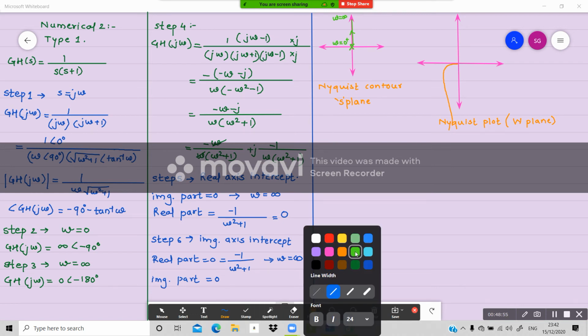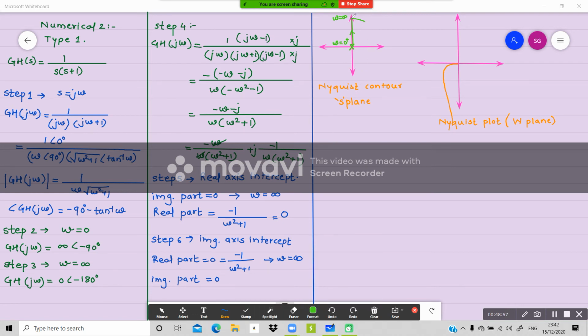Now after this, mapping is there, so a semicircular path with infinite radius, and you will reach omega equal to minus infinity. So let me write all the points. Over here, you are at omega equal to 0 plus. Why am I writing plus? Just ahead of omega equal to 0. At this point you are at omega equal to infinity, correct? All this semicircle is getting mapped into the same point, and now you are at omega equal to minus infinity. Both the points are the same, correct?